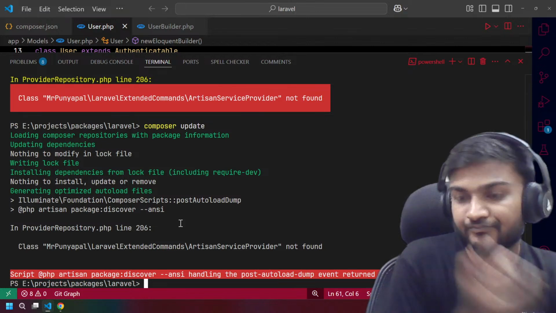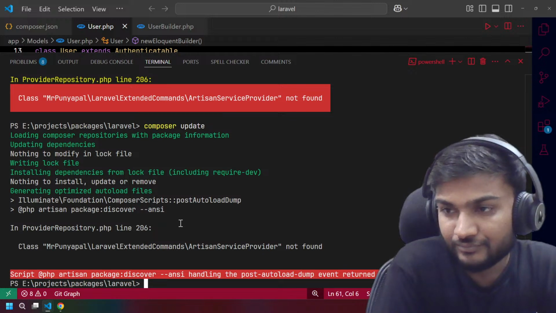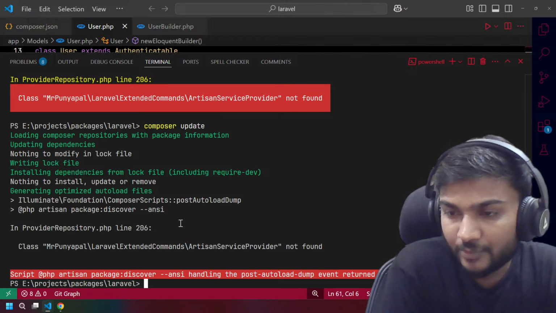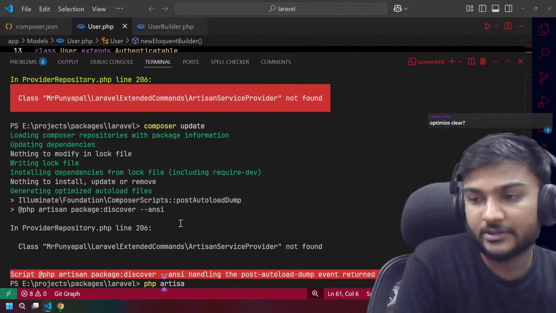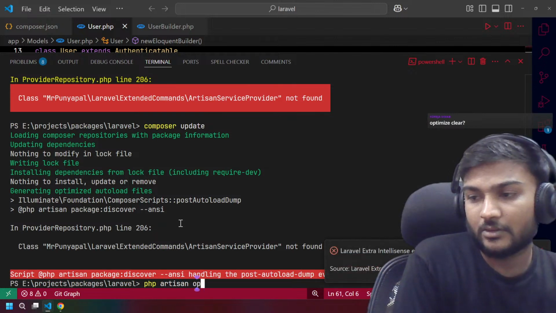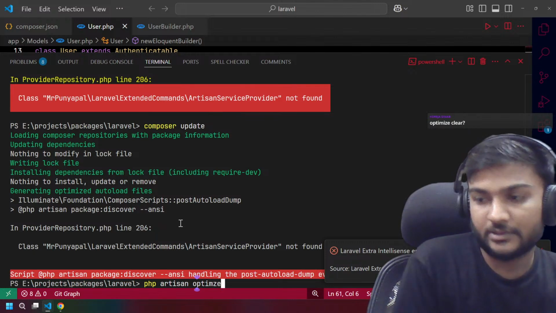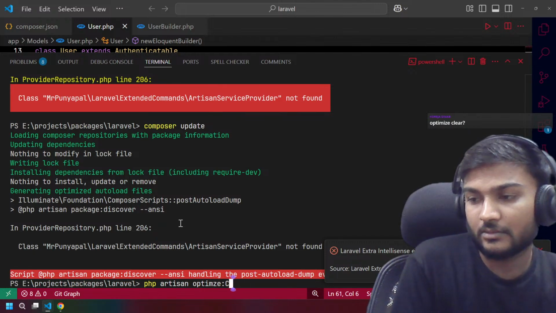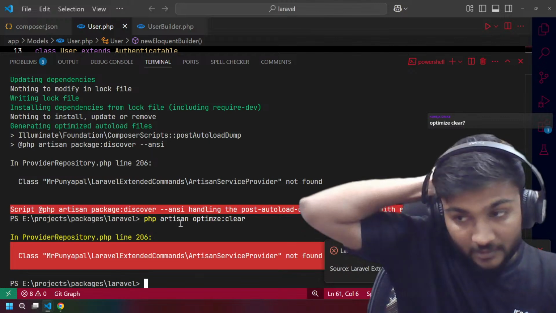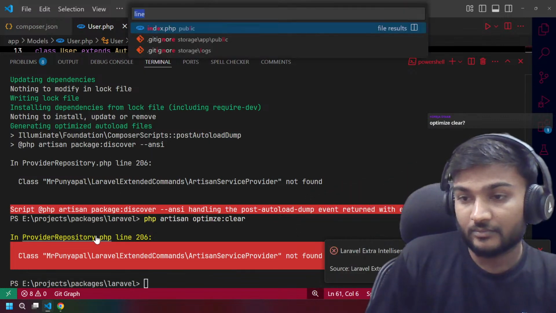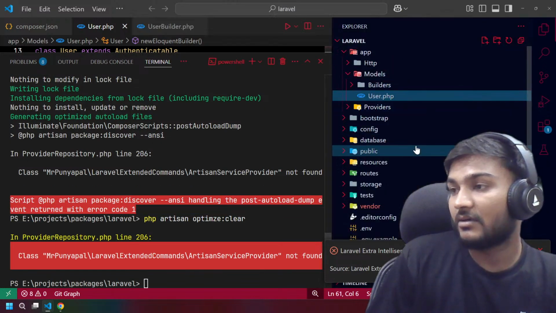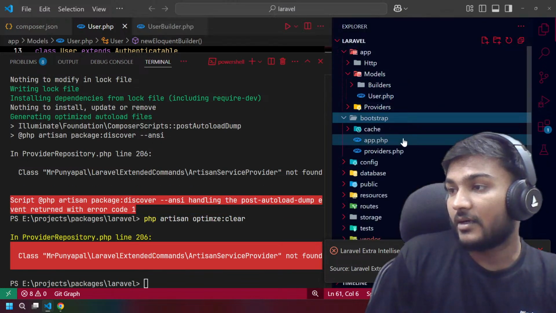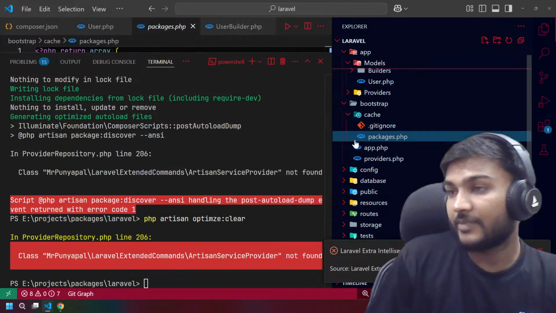Why? Line number, provider repository. Okay, we ran PHP artisan optimize. Where is this file located? In the bootstrap packages.